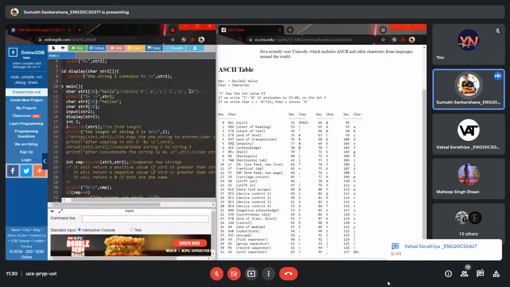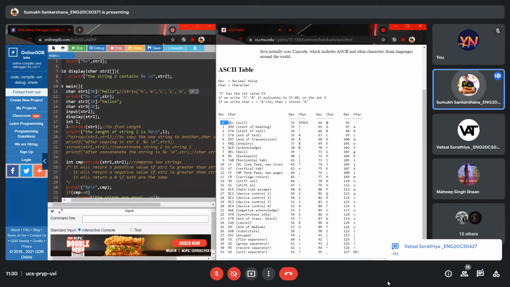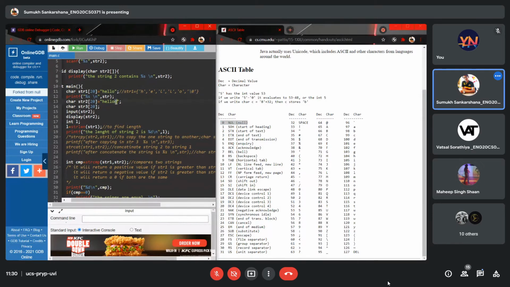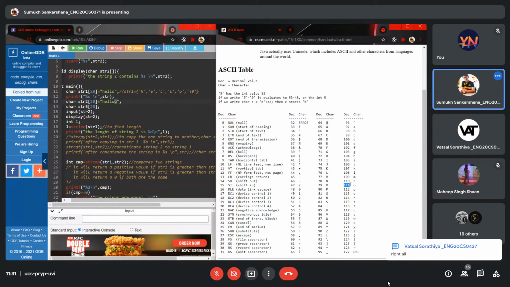It's the null operator. So what is the null operator's ASCII value here? The null operator's ASCII value is 0, and this O over here has a definite value, and that is 111. So it compares 0 to 111, and 111 is greater. That's the reason it will return a negative value.